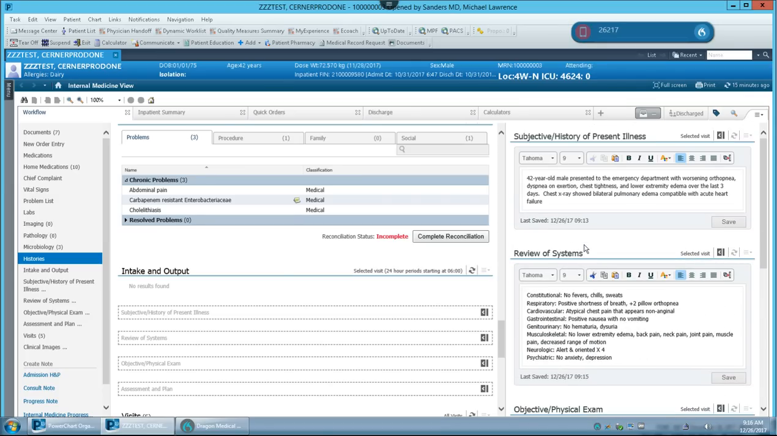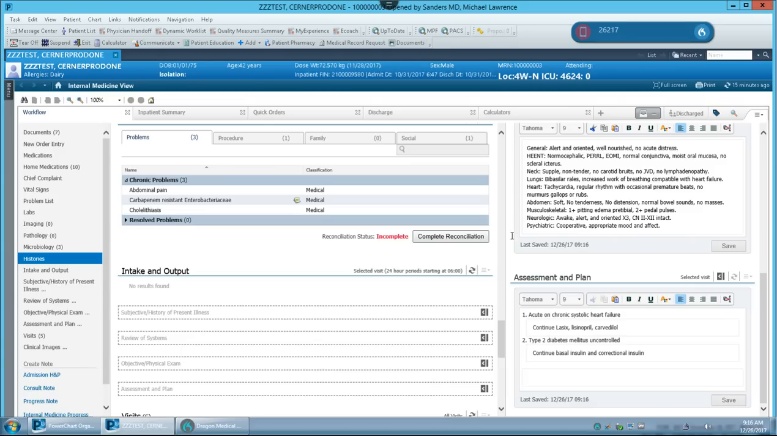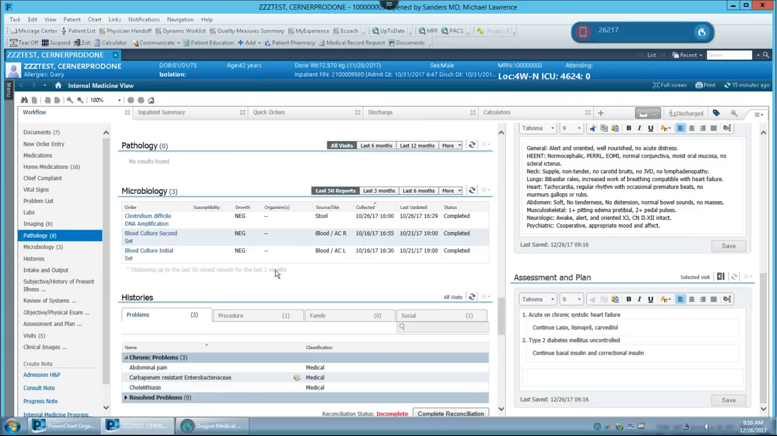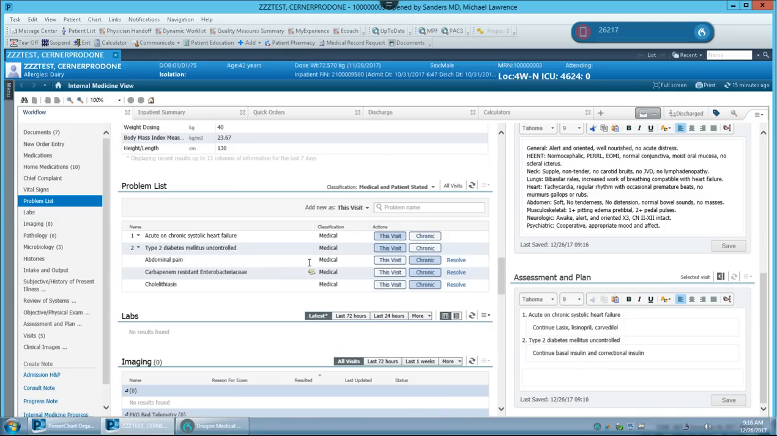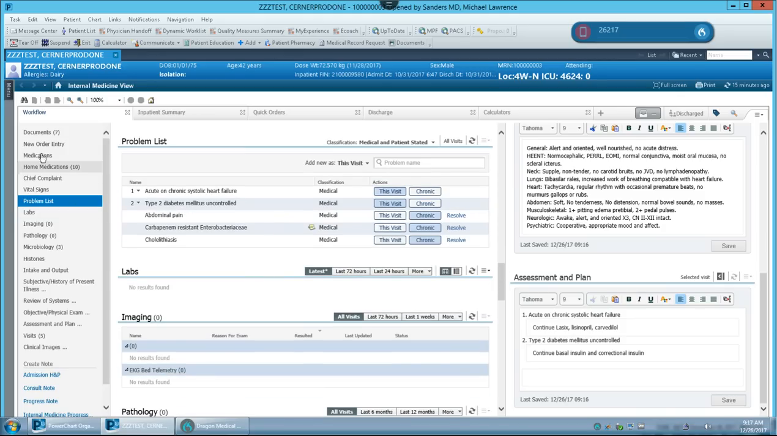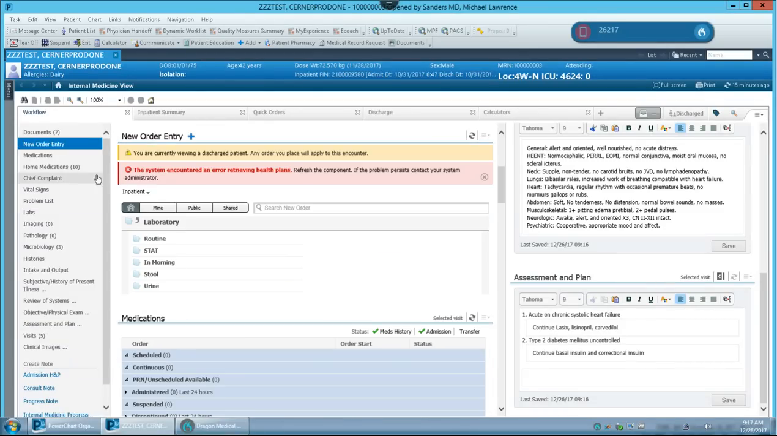So I have not created my note, but I put the information available for the note. I'll go over here and I've got a problem list. So typically my order entry would be lower below the problem list. But now that I have a problem list, I'm going to go to new order entry. Now I could also go to quick orders, either way. Because here in new order entry, if